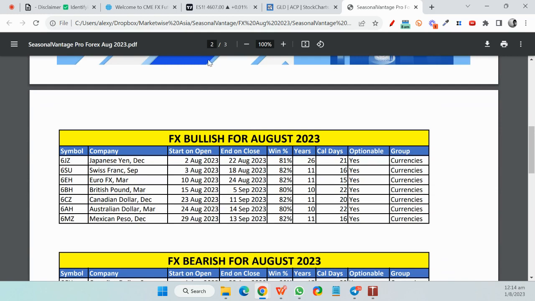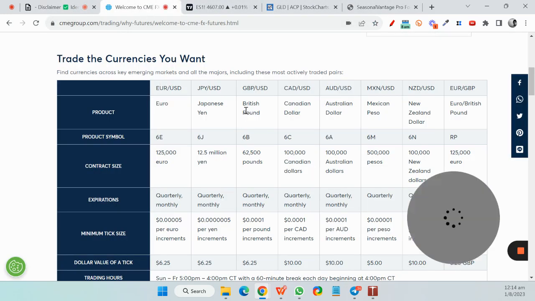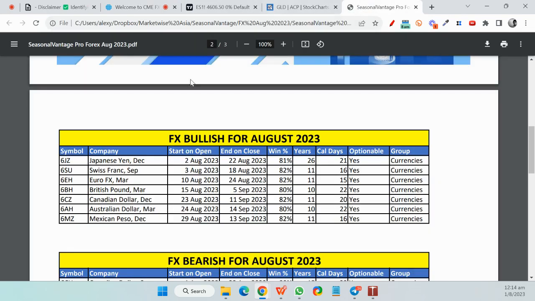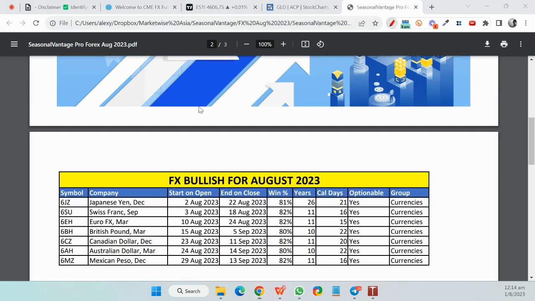But you also need to know that a lot of these futures currencies are based on the dollar. It is based on the dollar. So the dollar is actually very important over here. So what do I mean by that? Because, let's say, for example,